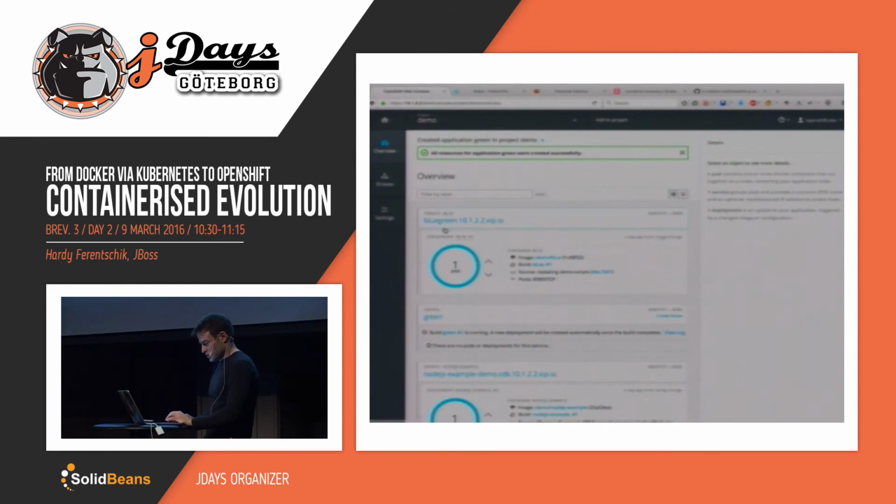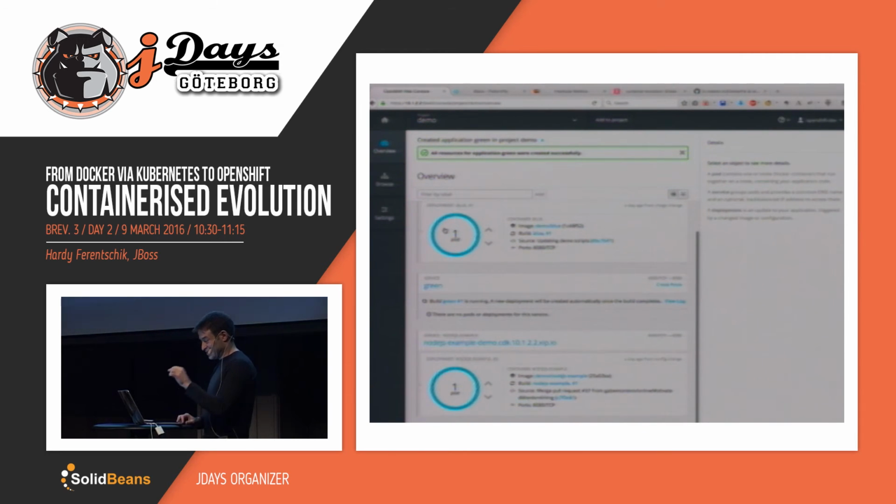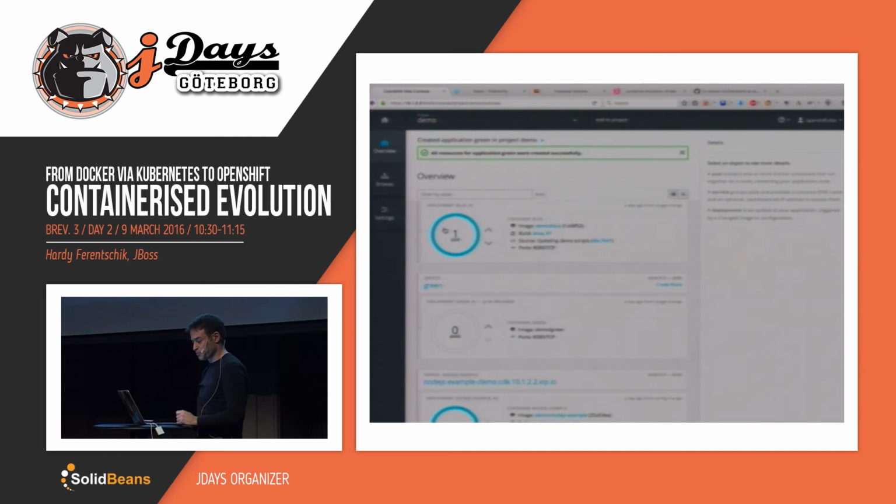We can see here, so now the green is building. It will take a few seconds. And I guess you already see where this is going. Once this is completed, I will have a green service against the same source code, but again, not exposed by any route. The route sits on top of the blue service. So now it's scaling up. Now it recreates a pod.